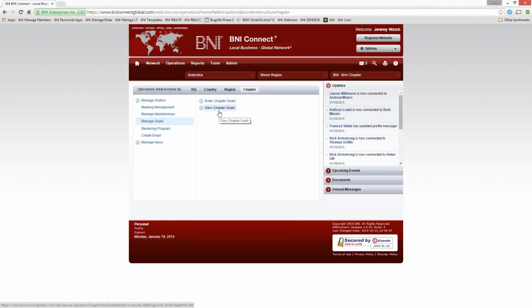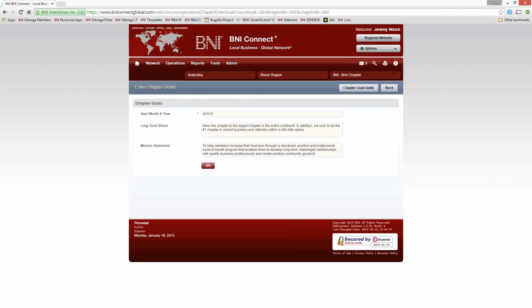So the first thing we want to do is to click on Enter Chapter Goals. Now the first screen that pops up is the start of entering the chapter goals. The first thing we need to do is come up with a long-term vision and a mission statement for the chapter. And this is more of an all-encompassing thing.